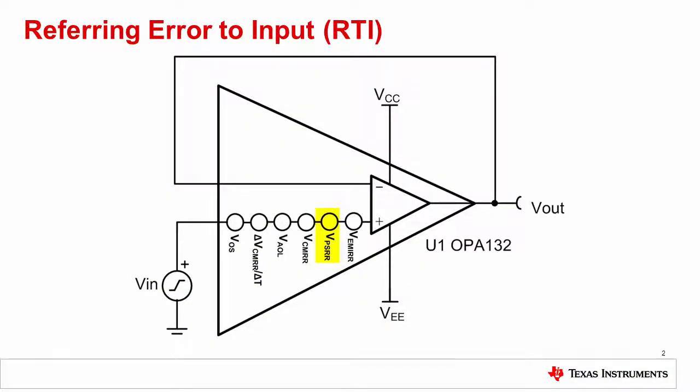Errors from power supply rejection, common mode rejection, open loop gain, and many other types of errors can be modeled as an input offset voltage connected to the non-inverting input of the op-amp. This method of reflecting the error signal to the input simplifies the error analysis, as the error sources can be added together to find the total error. In practice, the error sources are often added as the square root sum of the squares because the errors are uncorrelated and can be represented as a Gaussian distribution.